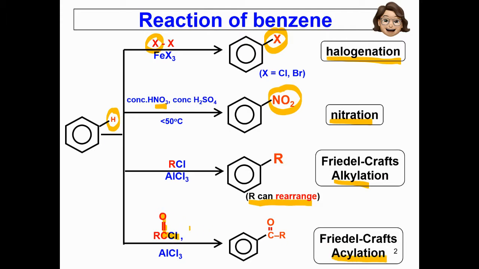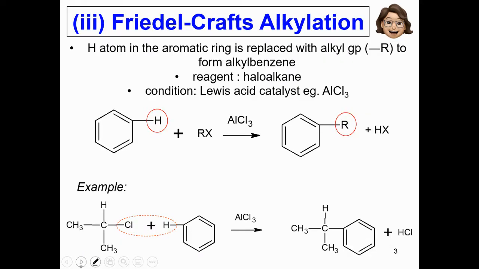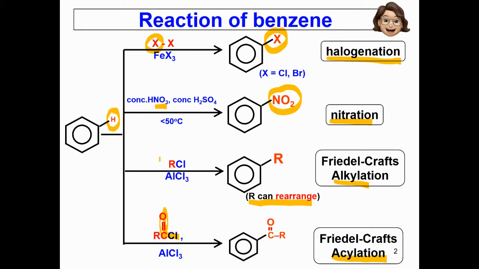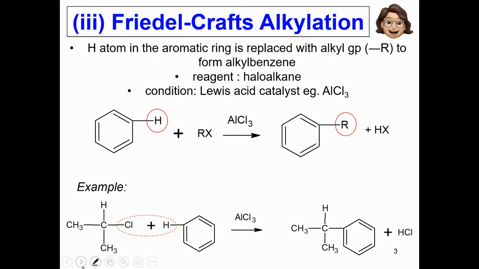Friedel-Crafts acylation. As you can see here, there is a carbonyl group. So I will only focus on Friedel-Crafts alkylation and also Friedel-Crafts acylation, and how to get the product. First of all, you can see that the hydrogen will be substituted by the alkyl group. So how to draw them? For example,